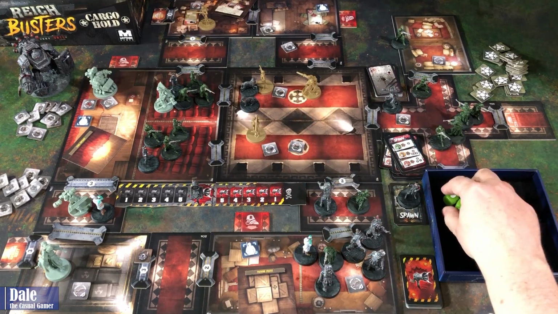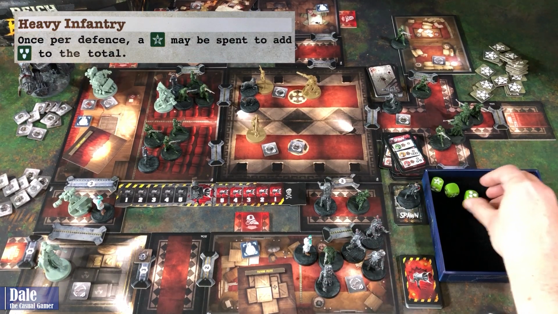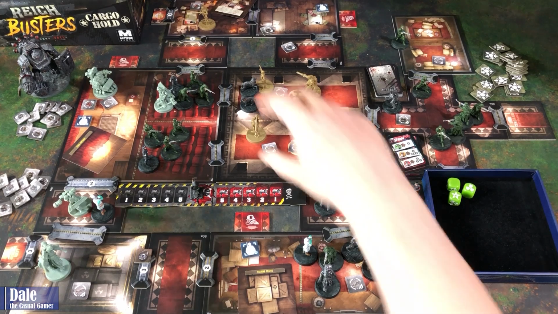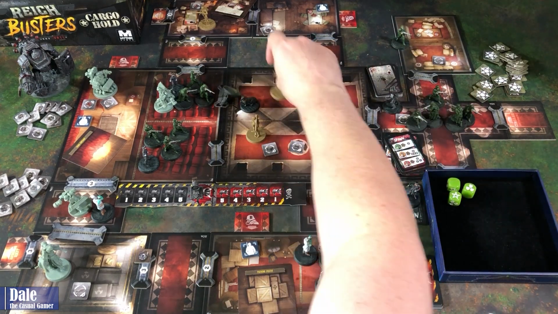So on Han, same thing. He does have a boost, and we'll go ahead and just spend that to give him 3. So he's got a total of 5. He's good there. Then on to our soldiers. So Hans is in this whole area. We can have these pick a side. They're going to pick